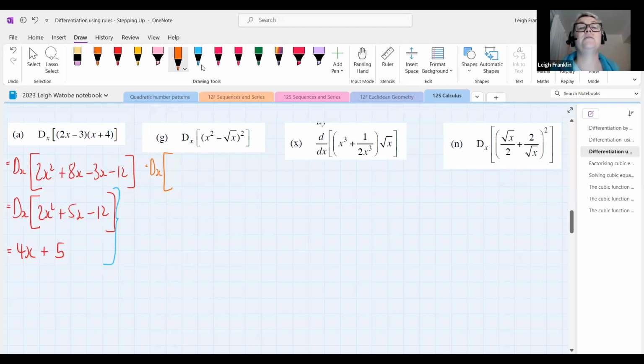Anybody want to try G first? Hi, ma'am. Can I do G? Yeah, go for it. So, ma'am, I first changed root x into x to the power of a half. And then I multiplied out two brackets. All right. So in other words, you had that, right? Yes, ma'am. Cool. Keep going. And what did you end up with? X to the power of 4